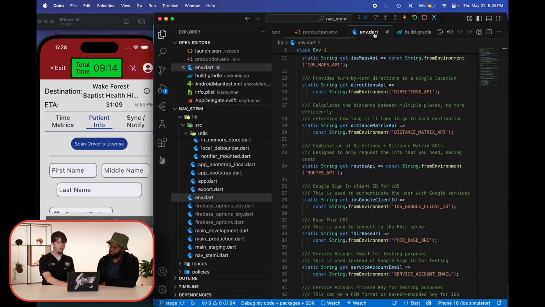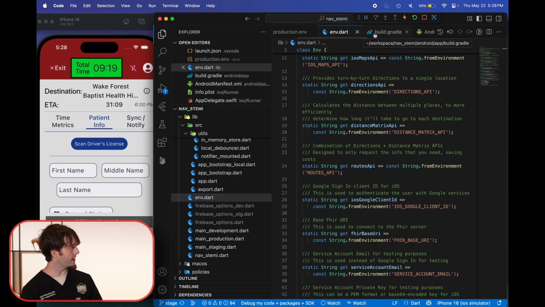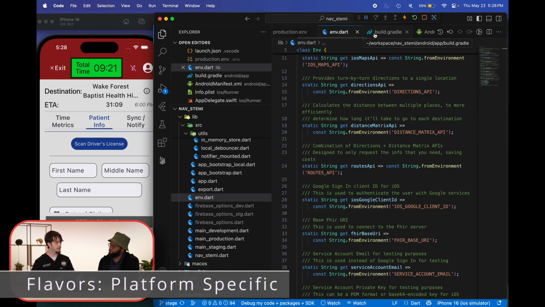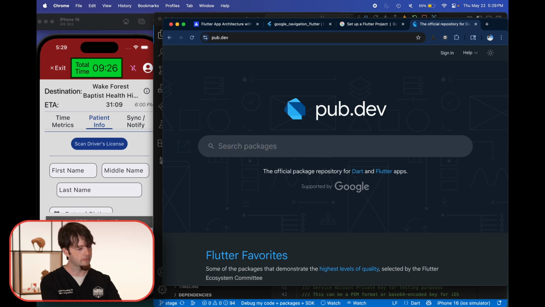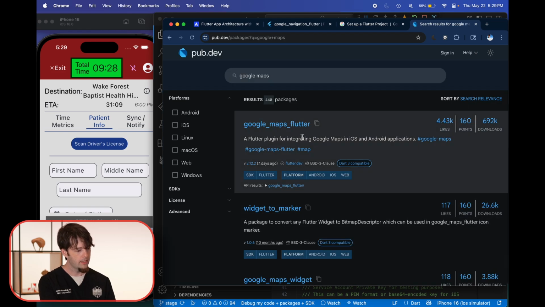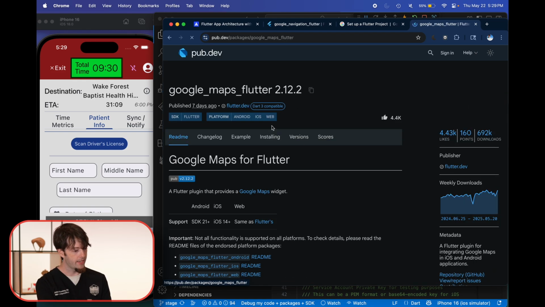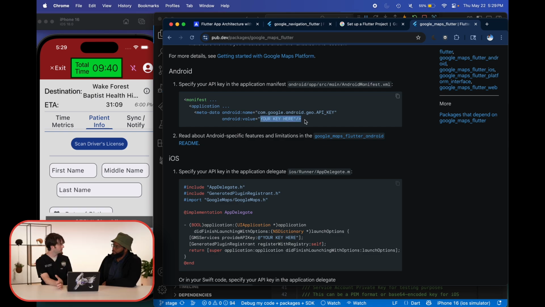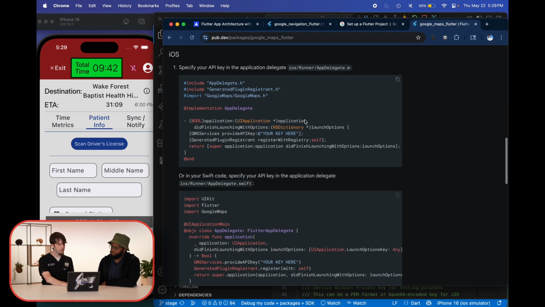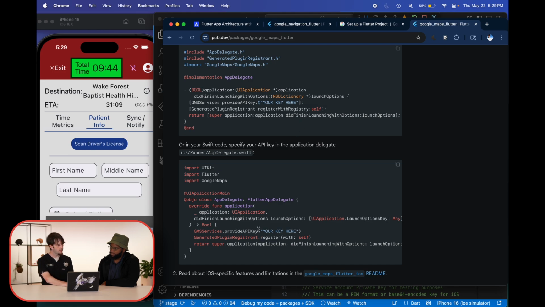And whenever you're looking through, for example, Google Maps in pub.dev, when you go there and look at Google Maps Flutter today, they will give you examples of putting in your key here in the AndroidManifest.xml file, as well as putting your API key here in the AppDelegate.swift file.